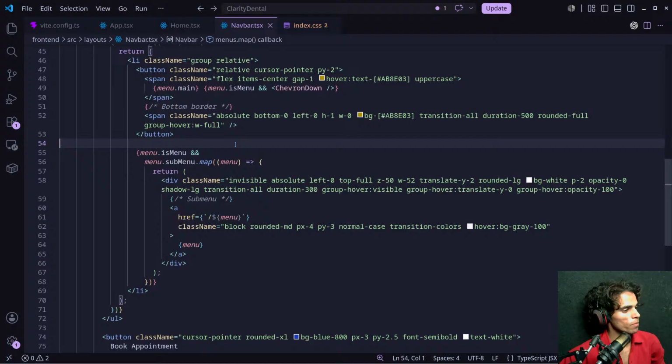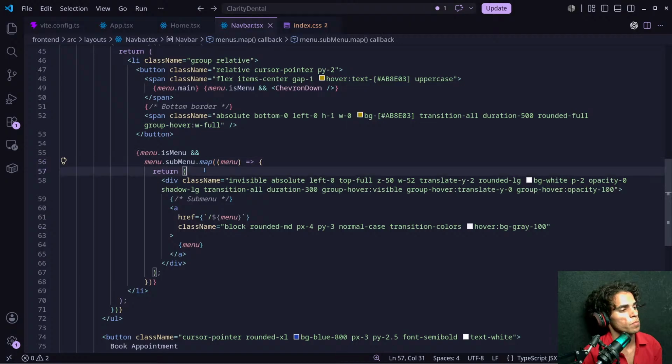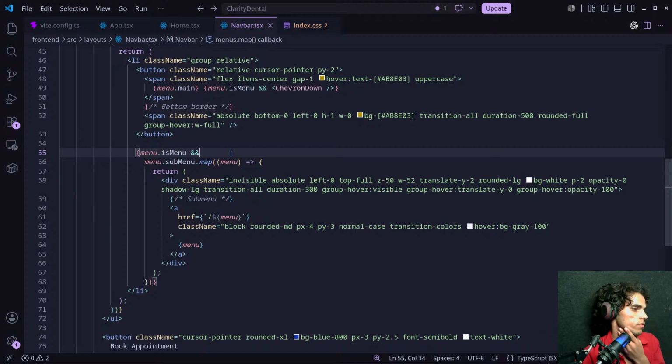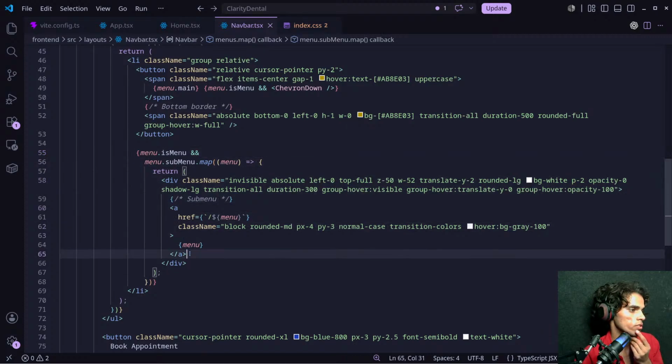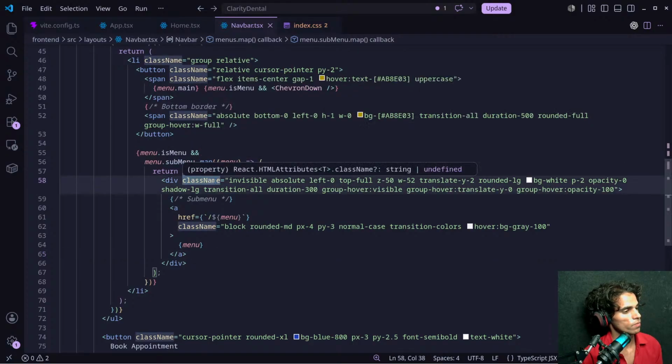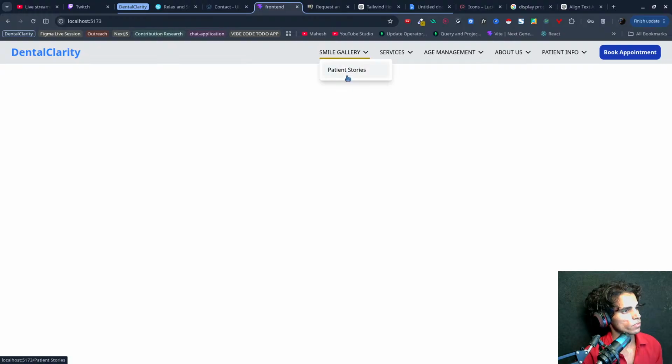There is a little problem. We are only showing one. Map. Yeah, this one, then we are going to show it. It is showing, but we are only showing one. When you are doing menu.submenu.map, patient story, we will get into this page.